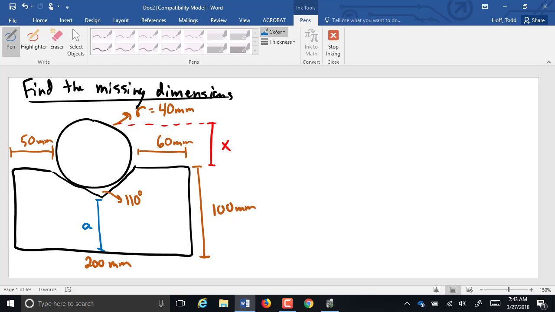But if we go with the typical strategy here, connect the center of our circle down to the point of our V, that should be a vertical line. Then we connect over the radii to where the tangents are. Those are going to make right angles. And if I focus on this triangle right here,